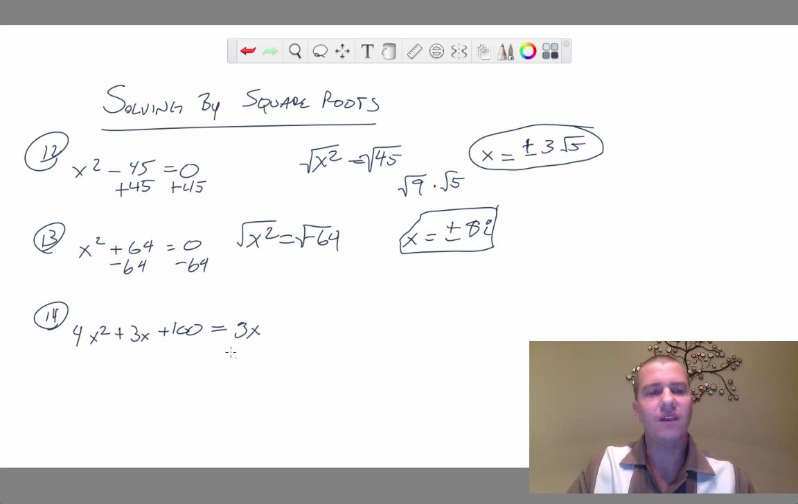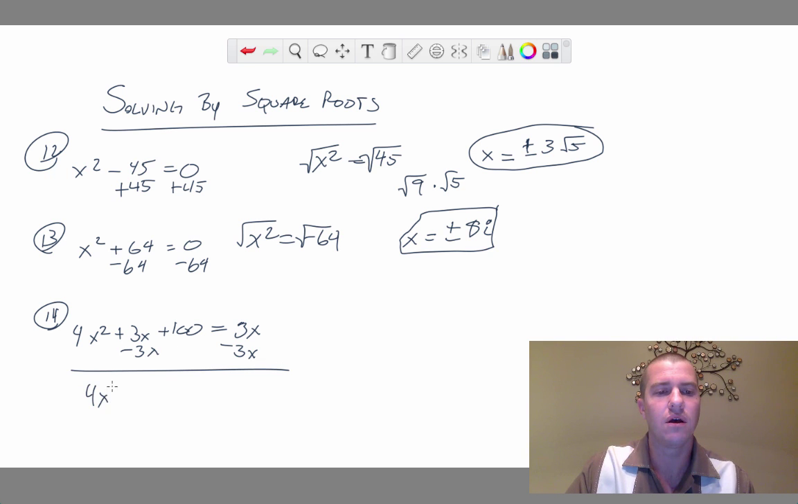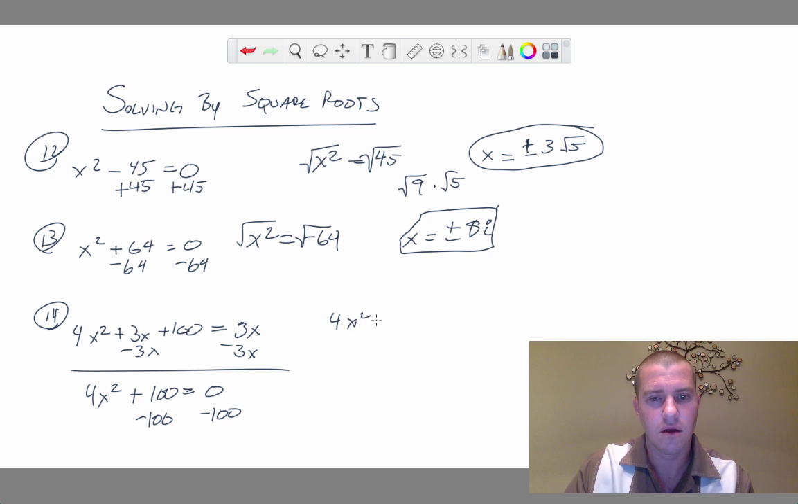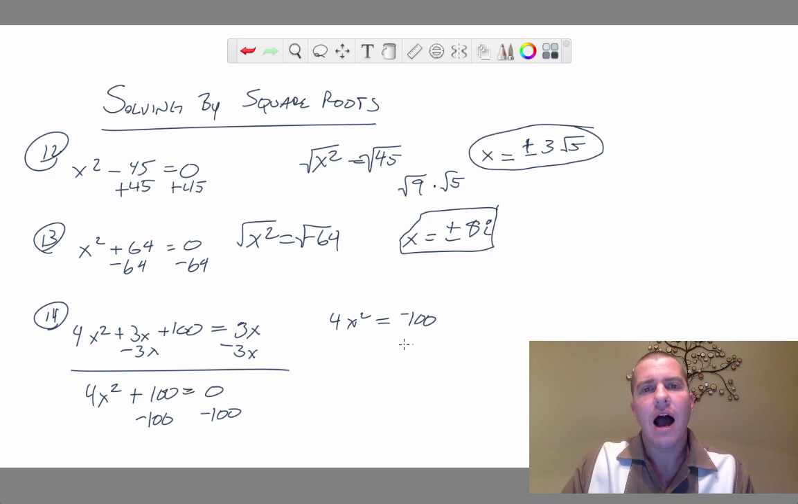And so here, I do have an x, okay? But when I get everything to one side, what happens is that this x will cancel out. And now I don't have an x term anymore. Now I can solve by square roots. So now I want to bring this constant to the right side. And before I take the square root, I always